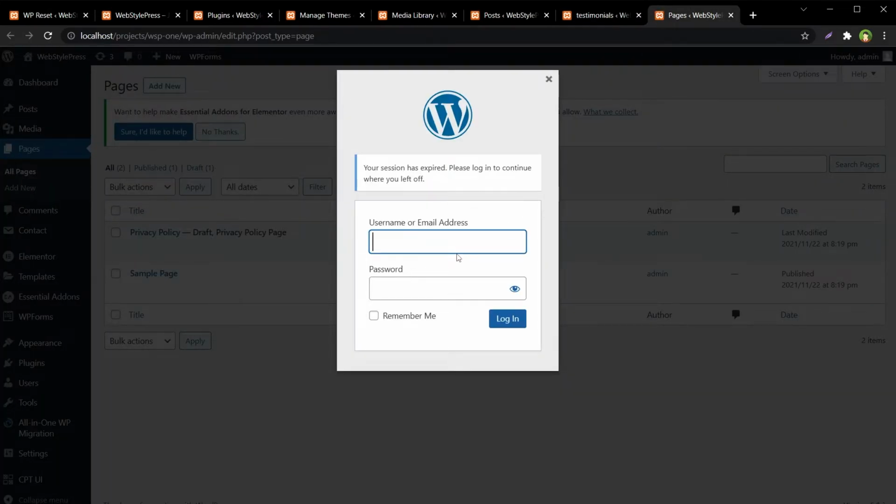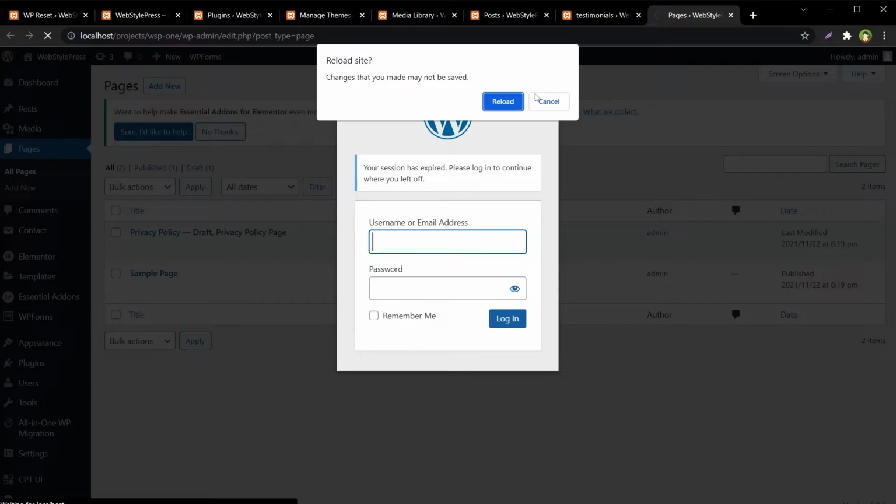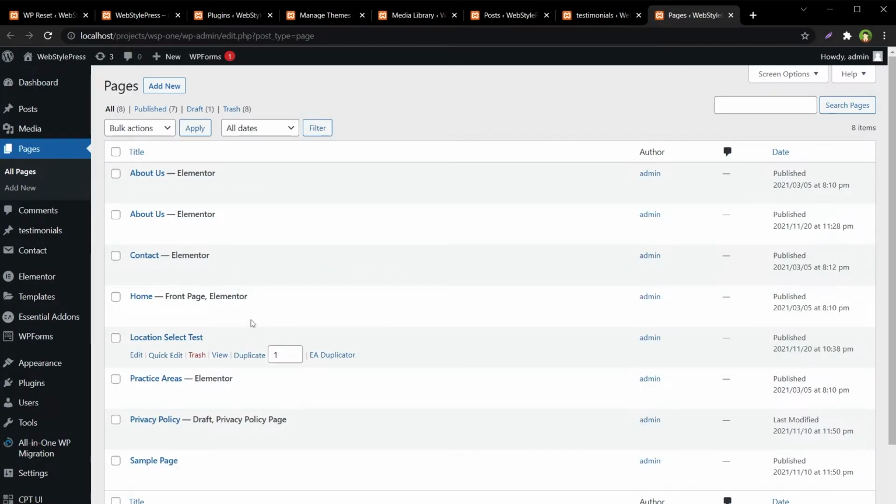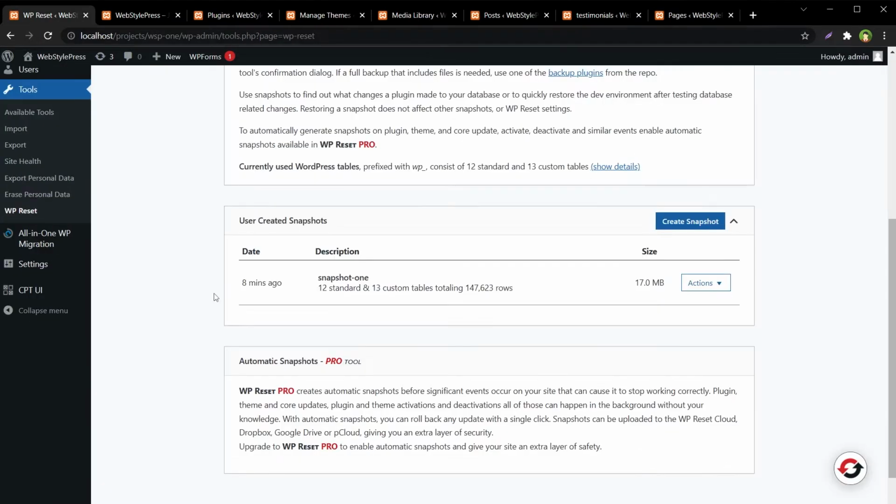For pages, refresh pages and these are our pages. So everything is back. So now the site is back. The site was reset, but data was not deleted. Only database entries were cleared, and the snapshot was just the database backup.